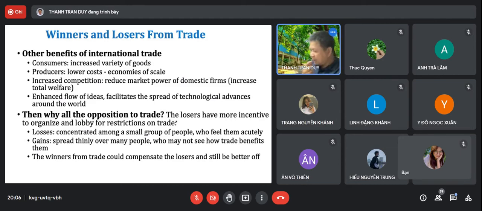Now, as a producer, they can sell more. If they can sell more, they can enjoy what they call economies of scale. It means that if they produce at bigger scale, their cost will be lower. If we expand the scale, we can enjoy lower costs by producing a big quantity. That's why you see China's products, the price is very low, the cost is very low because they produce in very large quantity.